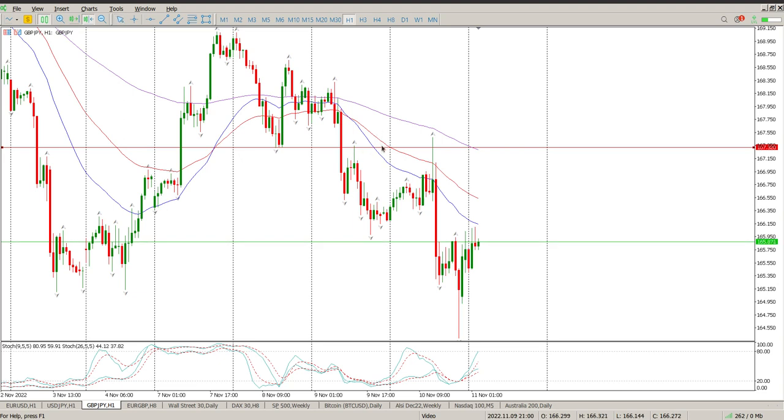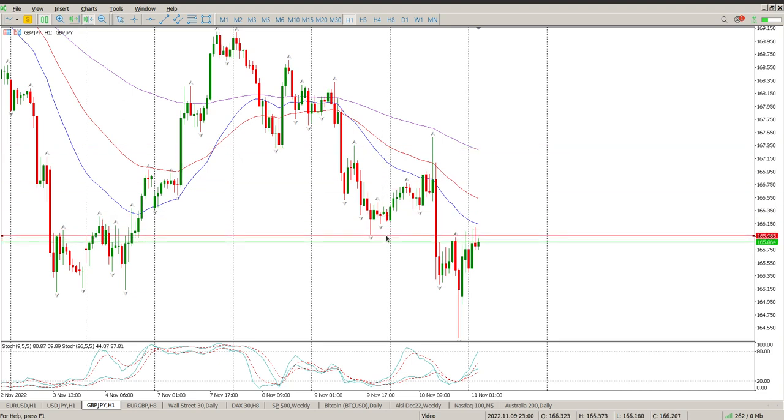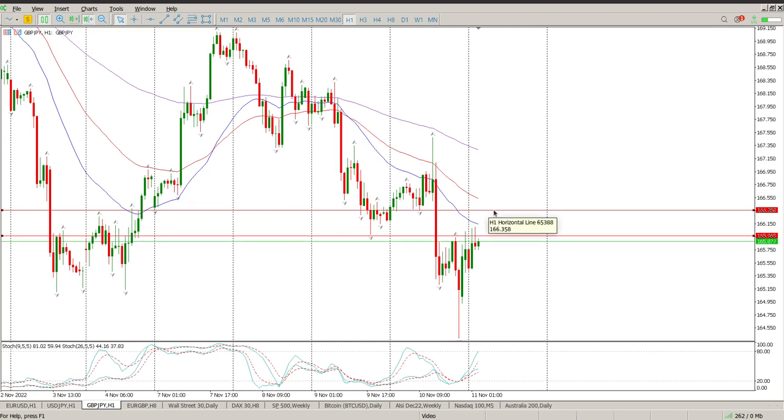Today, what we're looking for, kind of happening already, but I'm just going to put both levels in. Each one of these tails inside this zone is going to offer some form of resistance, and that's 165.965 to 166358. So what you're looking for is the price to come back onto one of these levels,